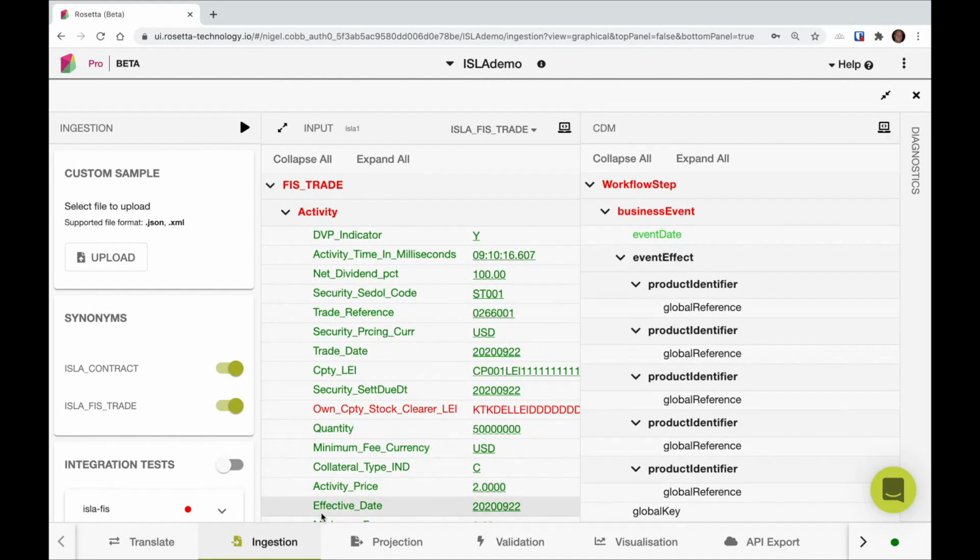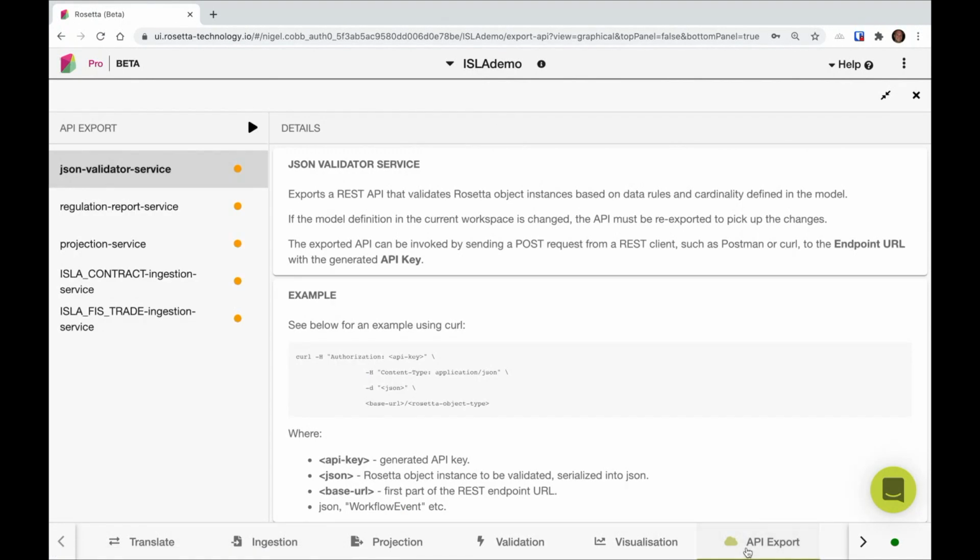As your systems or the CDM change, a comprehensive test pack will help identify gaps ahead of any upgrades. And all data translation functionalities are accessible via API. This feature is going to be heavily used as part of the demonstrations you are going to see today. This concludes the demonstration. Thank you.